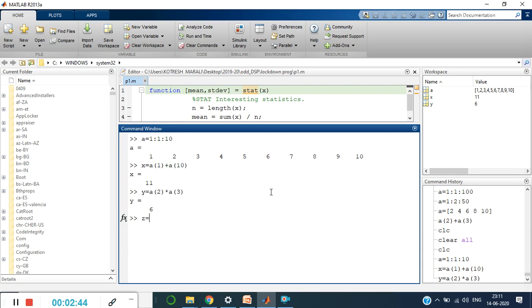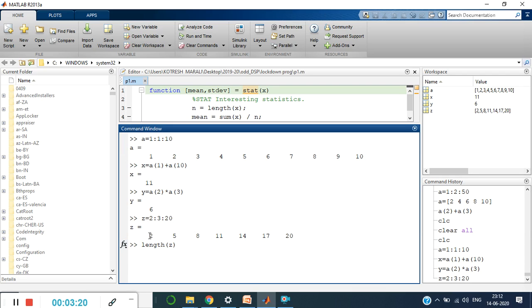Now I want to check the array size. Suppose I say z is equal to, starting with 2 and in steps of 3, till it reaches 20. I want to check the length of the array. There is one more command called length, L-E-N-G-T-H. Length of the variable z gives you how many data are present in this array variable called z.